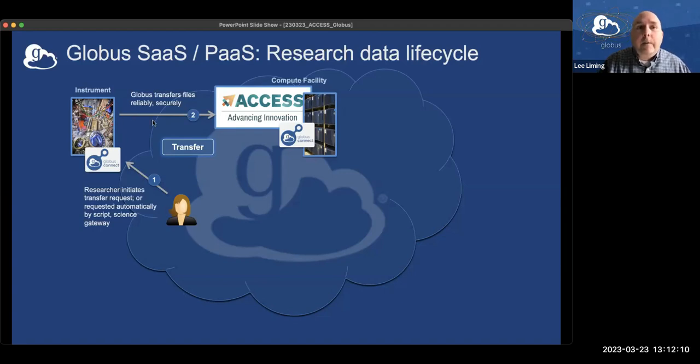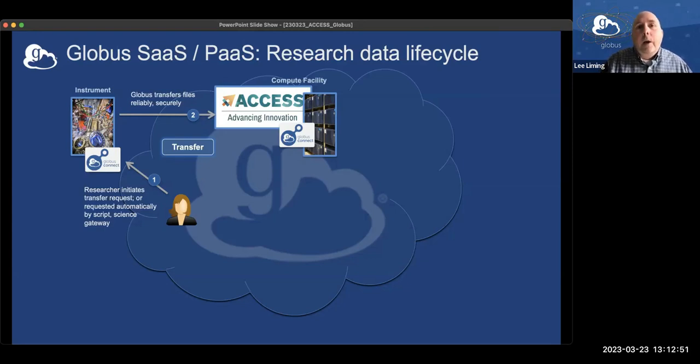You can actually set up Globus very easily without installing any software, just using your web browser, to perform the same transfer repeatedly using our timers feature. So, for example, if you're continuing to collect data on your campus system while you're doing your analysis on the Access system, you could set Globus up to repeat that transfer maybe every 6 hours or every 12 hours or every day or every week. And any new data that shows up over here will automatically get copied over here. You can do that using our sync feature and our timers feature, and I'll be showing you both of those